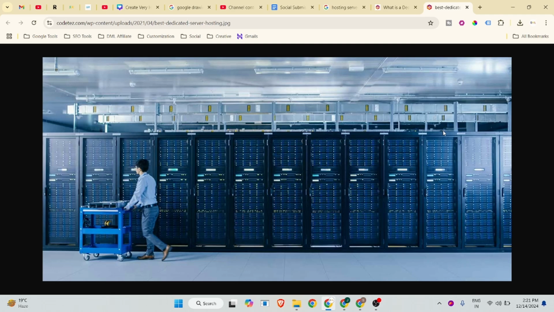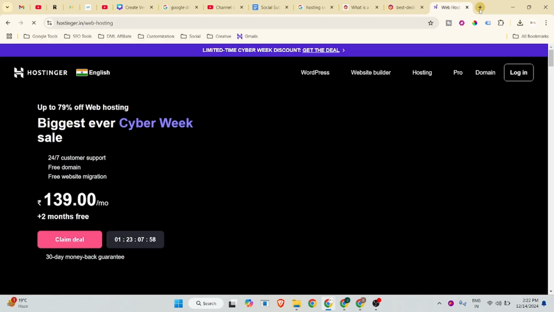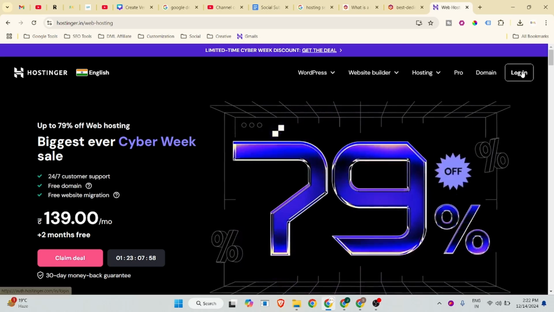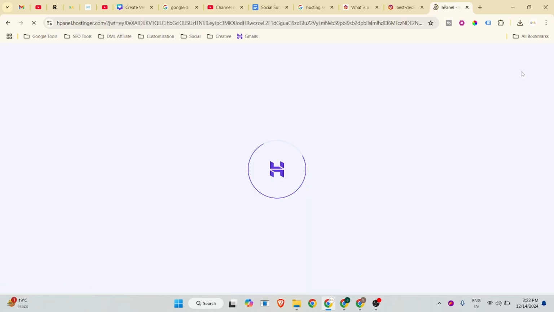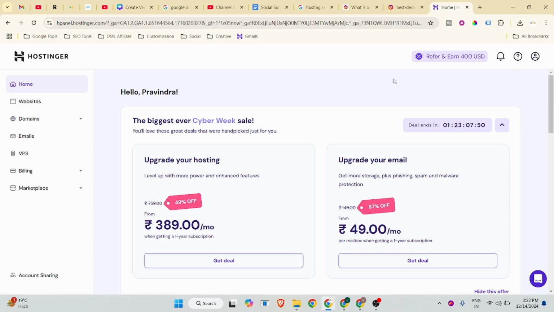Okay, so now we can start. First, you open your hosting provider. I'm using Hostinger, so I log in to my Hostinger dashboard. Simply click on your websites,